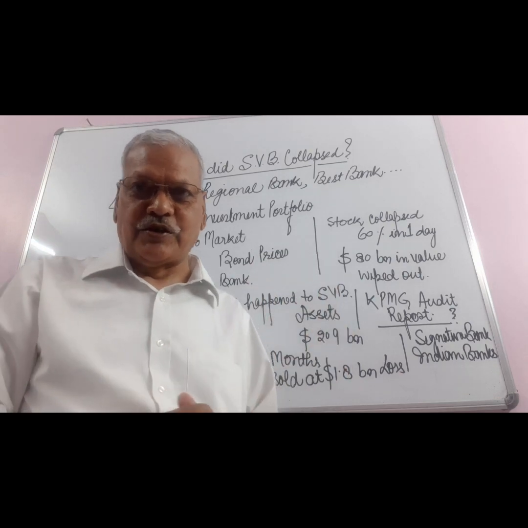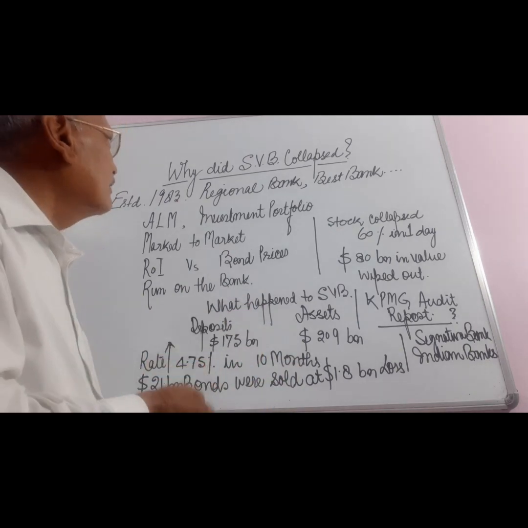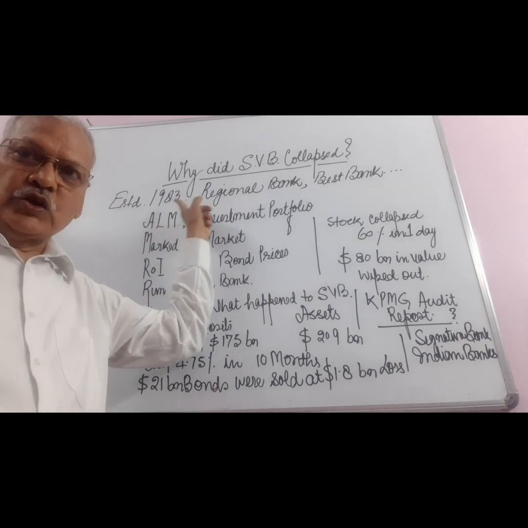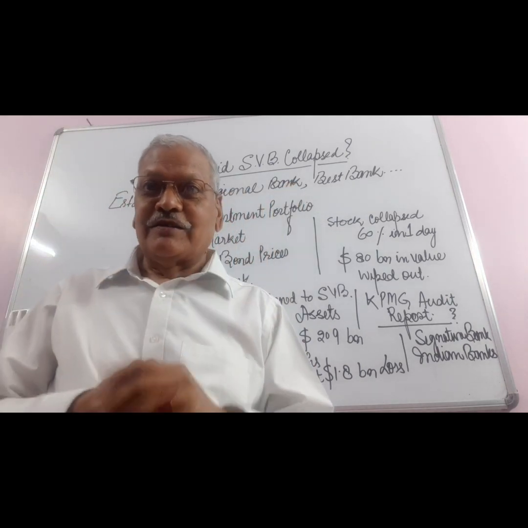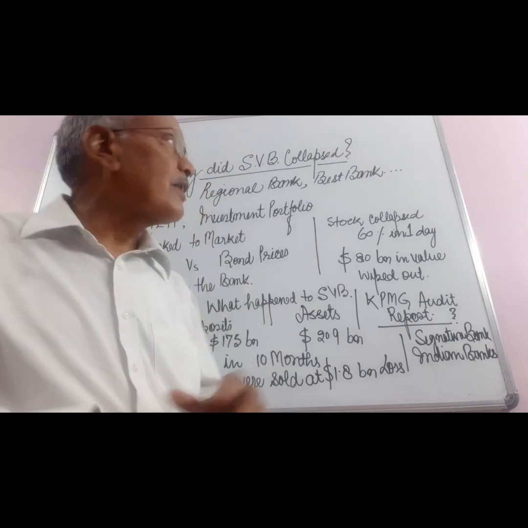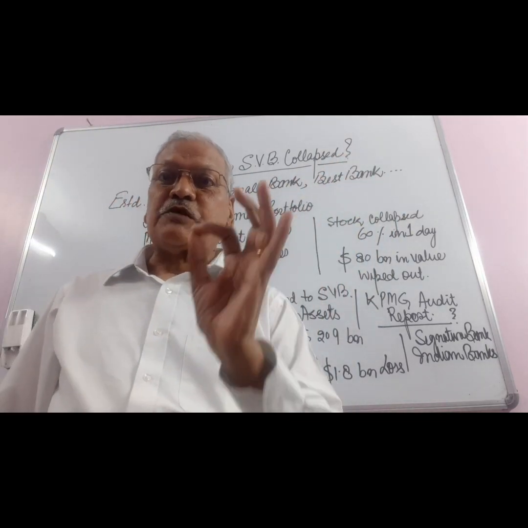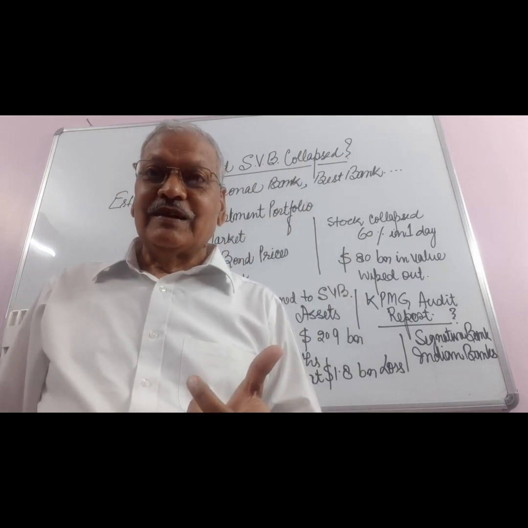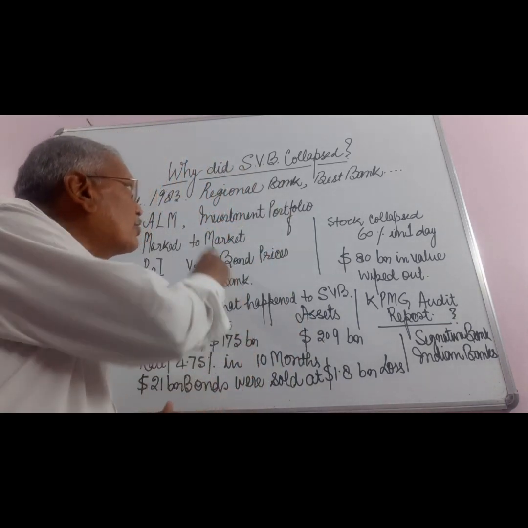of the United States. So let us start with a brief introduction. This bank was established in 1983. It was a regional bank in the United States, and you will be shocked to know that as per Forbes magazine, this bank was the best bank of America for the last 5 consecutive years. And it has collapsed just like that. So, what happened? We will understand. Let us discuss these concepts.